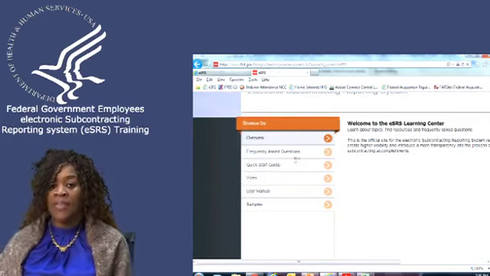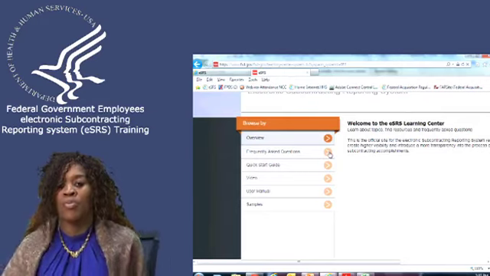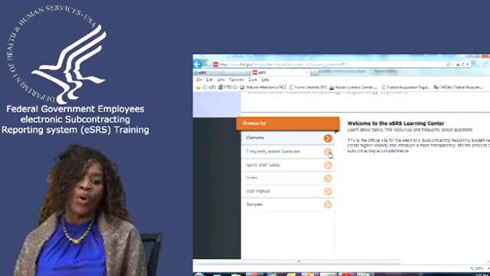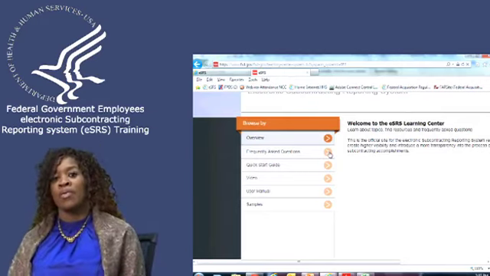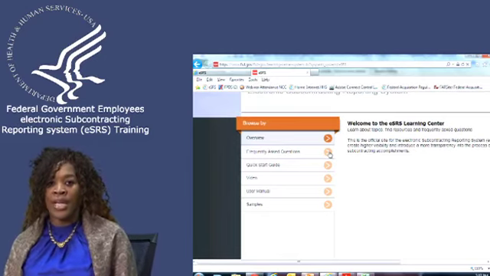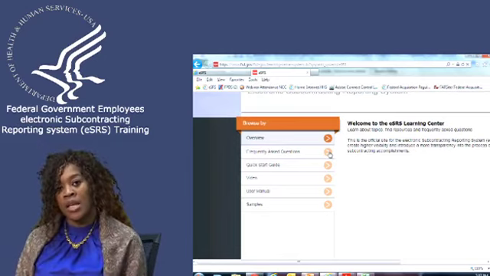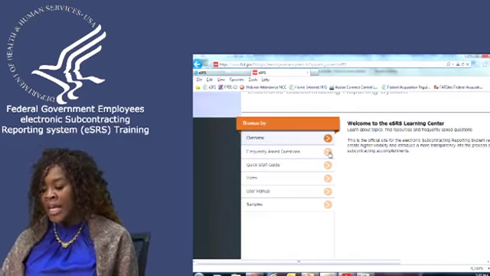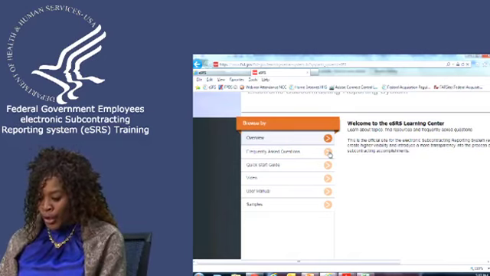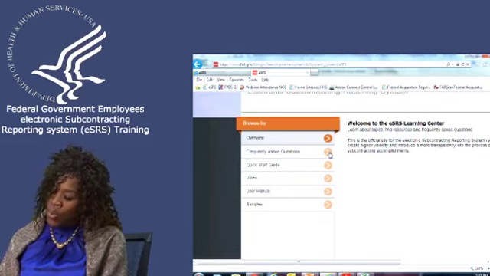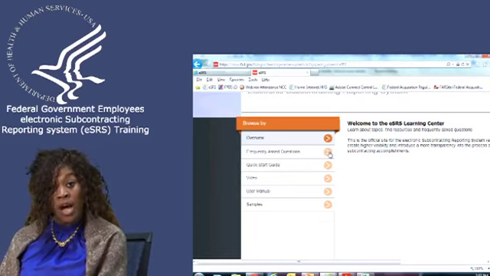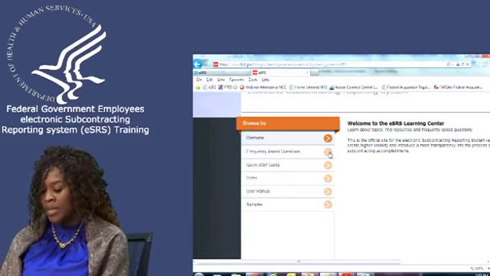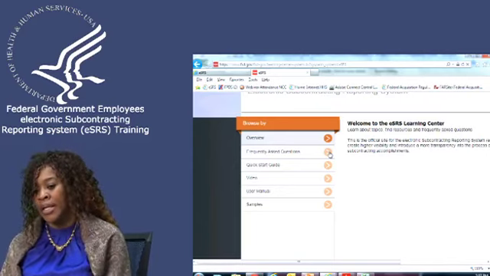This is system navigational help. If you pushed a button and the button didn't work, or if you're looking at a report and the report doesn't show your data correctly, that is the kind of information that you would go to the Federal Service Desk for. If in fact you needed assistance on subcontracting help, you need some type of information on subcontracting